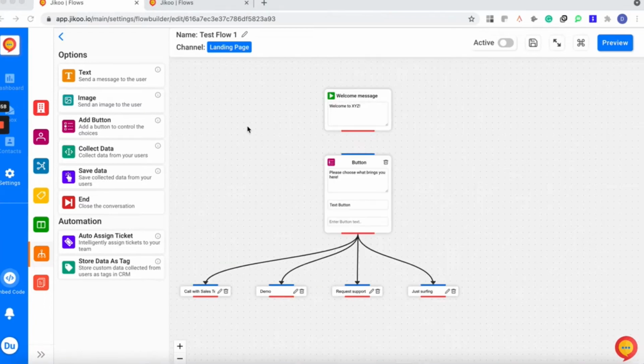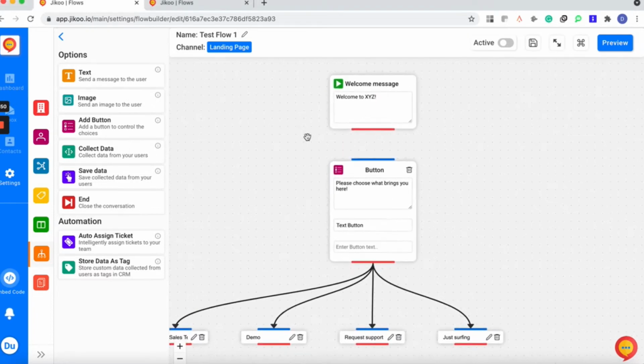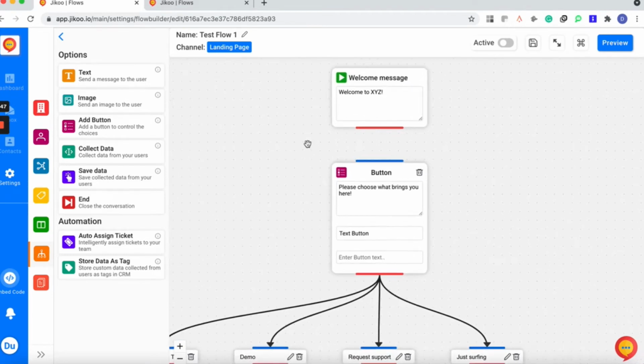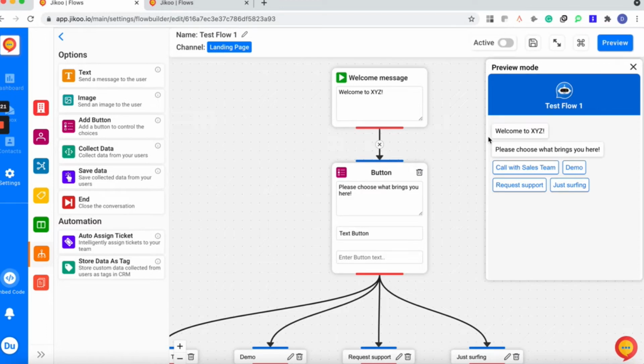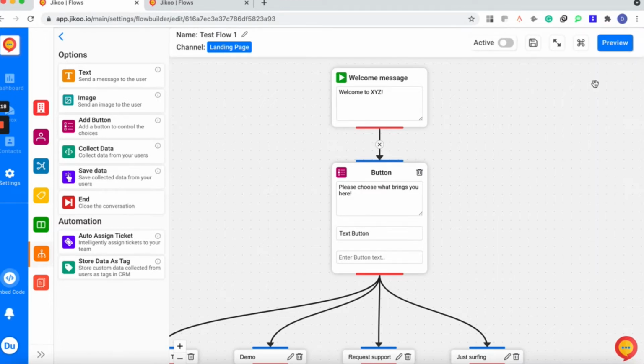Perfect. Whenever you set up questions and complete the options, obviously you need to connect the points to complete the flow. So for that I'm just slightly zooming in so that you can understand better. This red color horizontal line should be connected with this blue color horizontal line. If you place the cursor here, this plus symbol will be there so that you can drag and drop the arrow. That's it. This is how you need to connect the points, and if you click on preview, you can see whatever has been created so far. Right, so let's just move on to complete the flow.